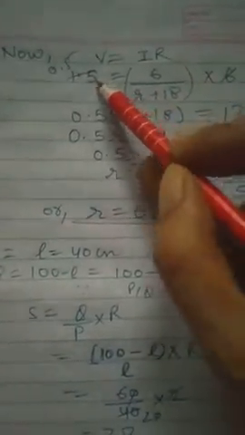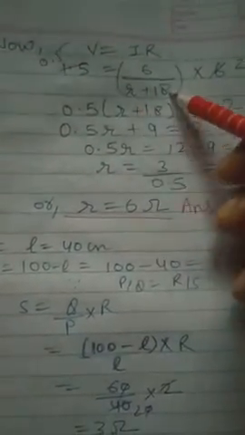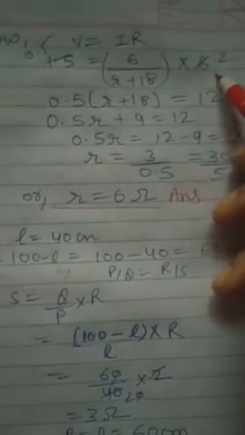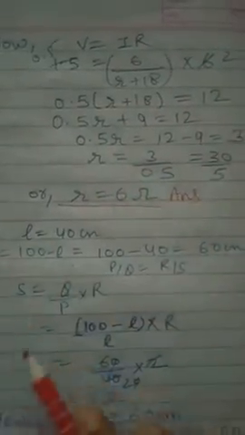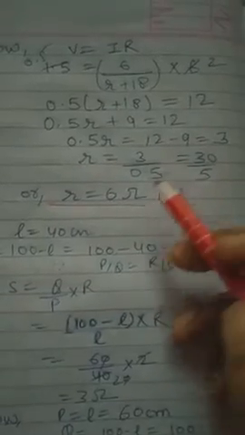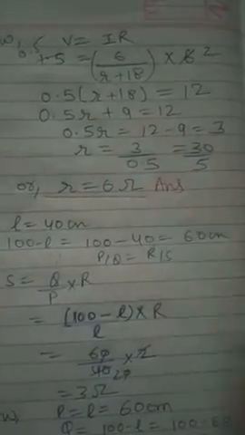So now again we'll apply the current equation, that is I equal to NE upon R plus Nr. Here you have 3 cells, so 3 EMF, so this will be 3 into 2 upon R plus 3 into 6, so we get 6 upon R plus 18. This is the value of I. Now the terminal potential difference is given, so we have the equation V equal to I into R. V is 1.5, I we got as 6 upon R plus 18, and external resistance is 6 ohm. Now solve this equation. By solving this equation you will get the value of R as 6 ohm.